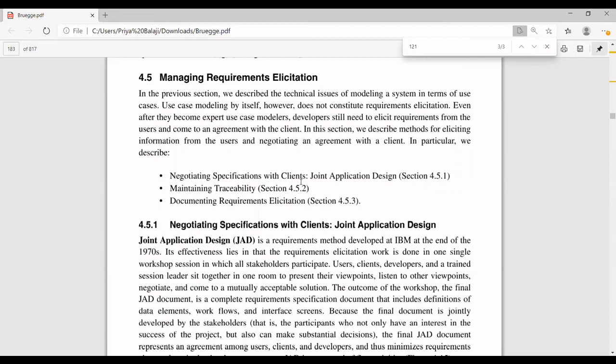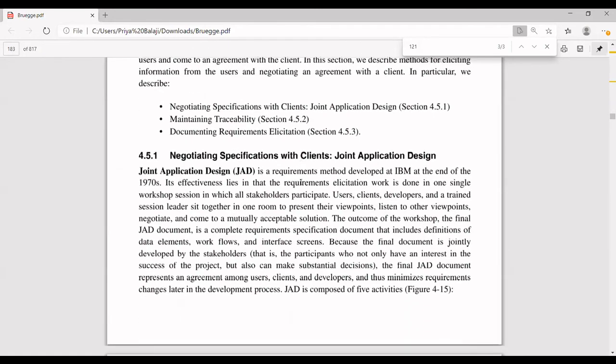So what this JAD team will do is, instead of having only the client, it will have everybody: the manager, the client, the developer, the testing team. At that meeting itself, the client will ask for certain requirements, and the manager or the developer team will confirm whether this particular requirement can be satisfied or not. So they can come to a conclusion on what can be implemented and what cannot be done from the implementation side. Exactly that can be cleared through the JAD design.